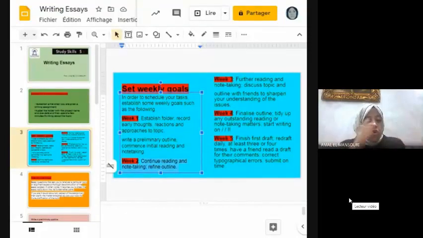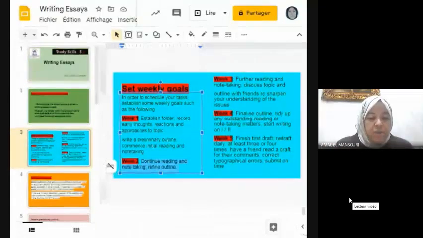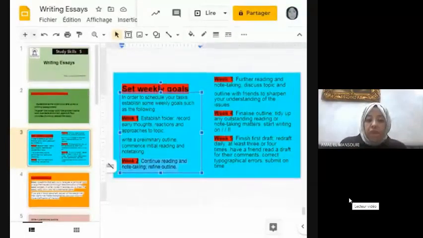So you have to read material about that topic to enrich your background knowledge. So in week number 2, you continue reading the material, and while reading, you take note of the relevant ideas that you have to include in your writing. And of course, you make any modifications in the outline.